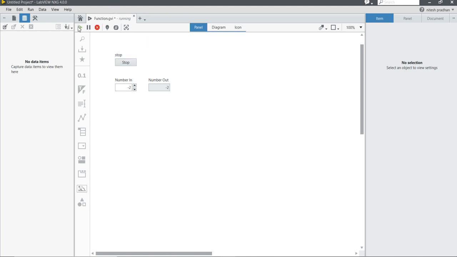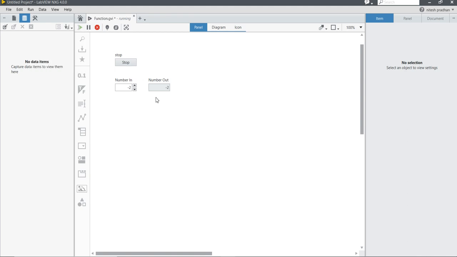This one is the run button, this is the pause button, and this is our abort button. It stops the code immediately before it finishes execution. Aborting code that uses an external resource might cause an error the next time you access the resource.